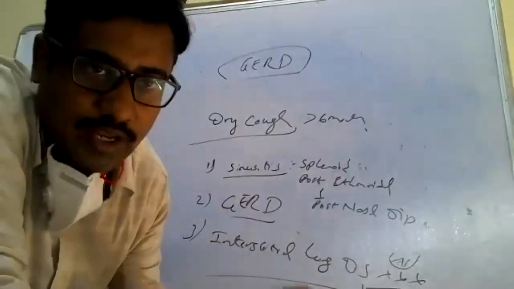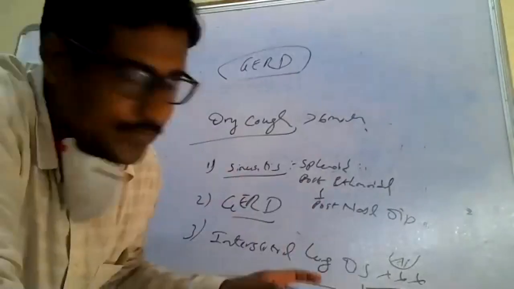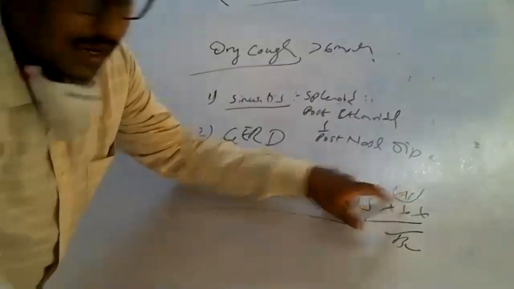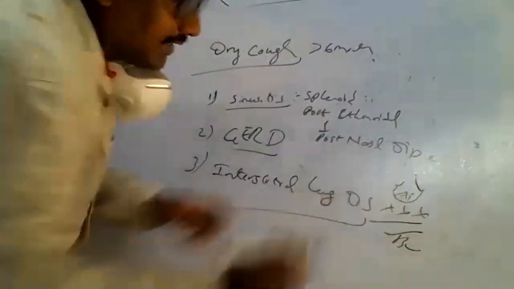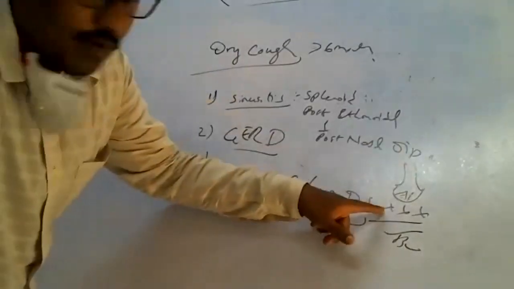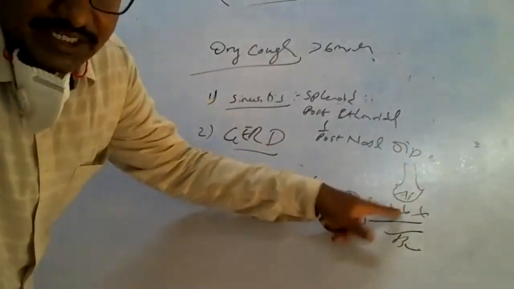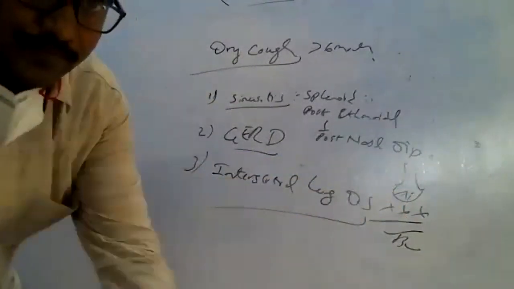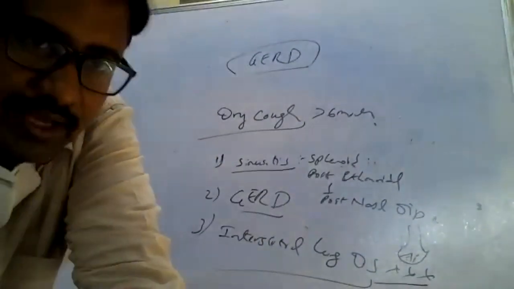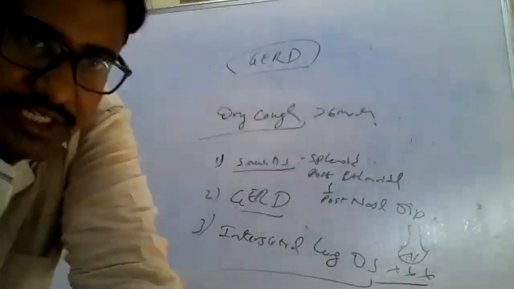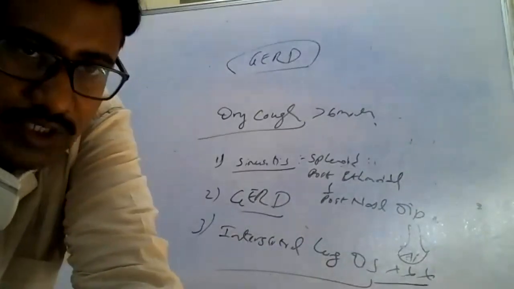There are 2 types of pneumonia: typical pneumonia and atypical pneumonia. Typical pneumonia involves the alveoli and the bronchi. But if the inflammation involves the interstitium, it is called atypical pneumonia or interstitial pneumonia. Interstitial pneumonia always has a dry cough, as in influenza virus and coronavirus infection.